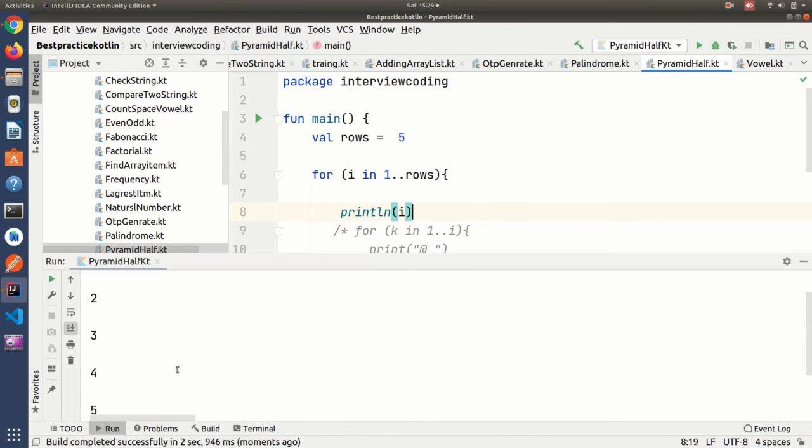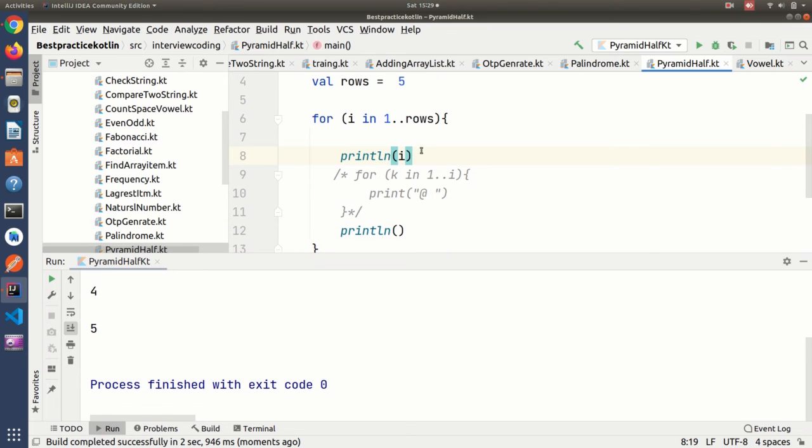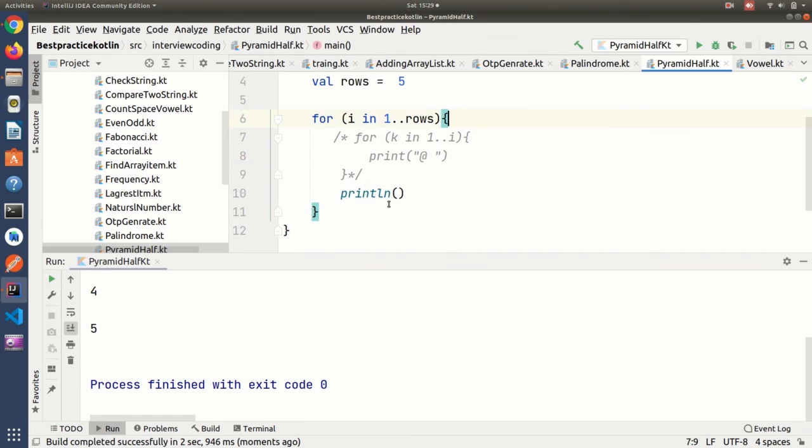It's printing 1 2 3 4 5, because rows is 1 2 3 4 5. Okay, now this 5 will be, let me undo this code, this will go up to 5, and this will go from 1 to however much this will go, and it will print the same thing, star. Here if I am going to print the k value, $k, then you can see